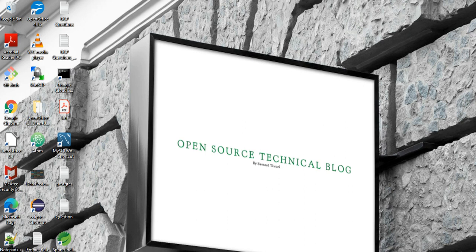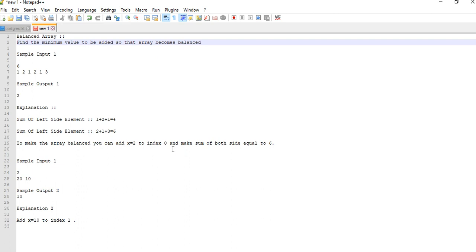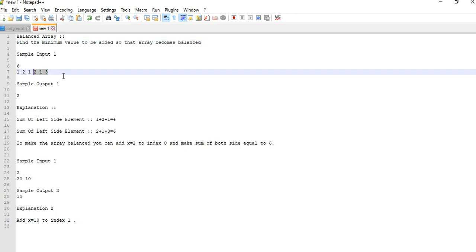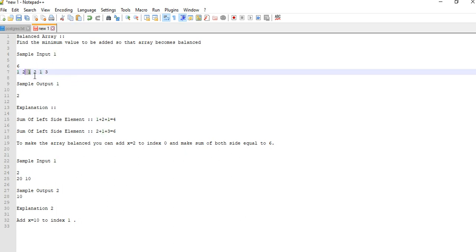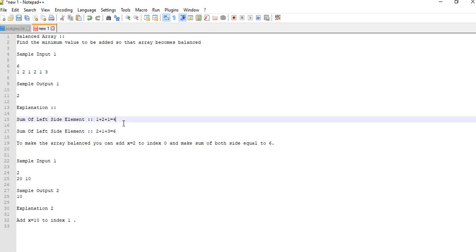So let me explain again. Let's say we have this array which has 6 elements. If you divide it, 1 plus 2 plus 1 is 4, the sum of the left hand side elements, and 2 plus 1 plus 3 equals 6, the sum of the right hand side elements.